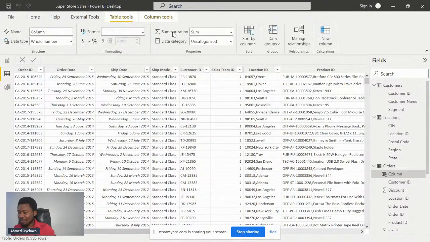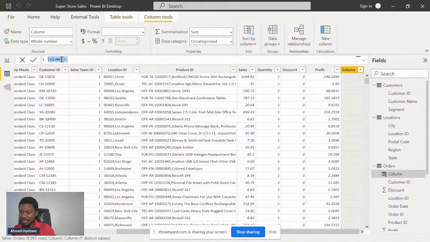So one thing you also have to note about DAX is either you are creating any of those four things that we mentioned earlier, which are calculated columns, calculated tables, row level security, or you are creating measures, you always have to give a name. Every single DAX formula you are writing must have a name. So first, I'm going to call this guy, let's call this net sales. And since we know what we want to do with this, we just want to multiply the sales column by